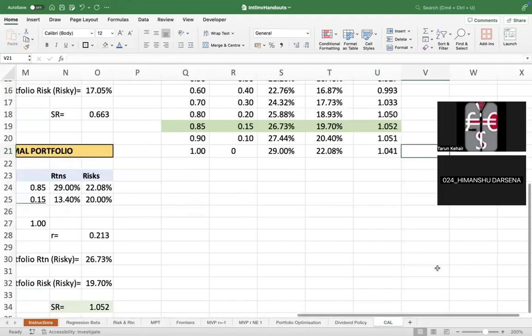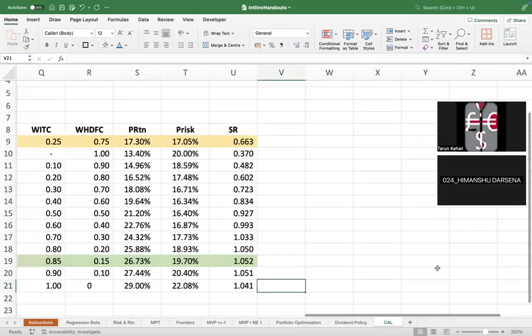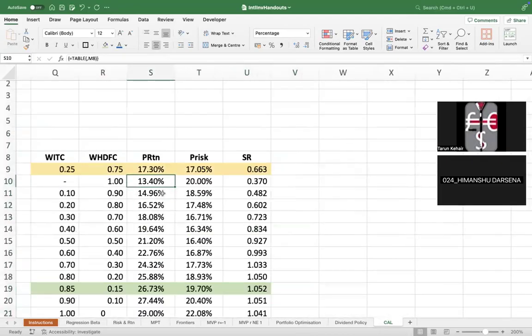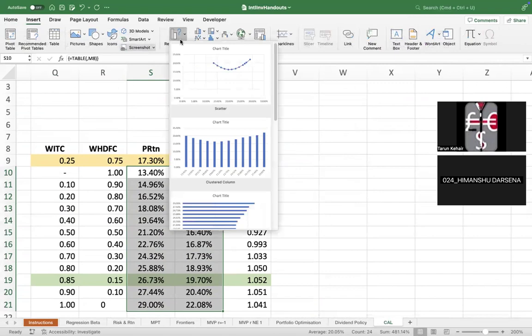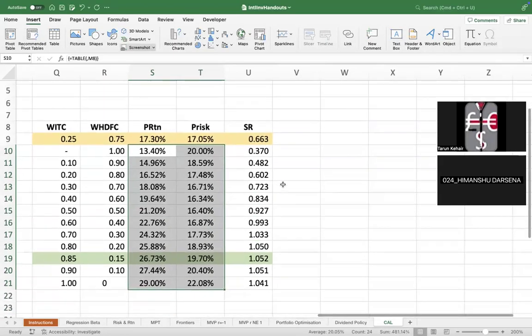So you get the maximum Sharpe's ratio. अब अगर ये सारे रिस्क और रिटर्न के कॉम्बिनेशंस को अगर मैं प्लॉट करता हूं तो I should get my efficient frontier. So I just take all these combinations and plot it here by way of a chart here. But पहले मुझे रिस्क करना पड़ेगा, फिर बाद में